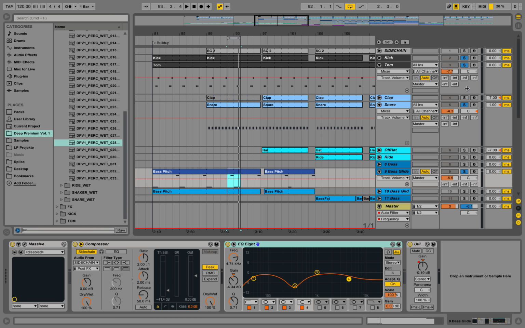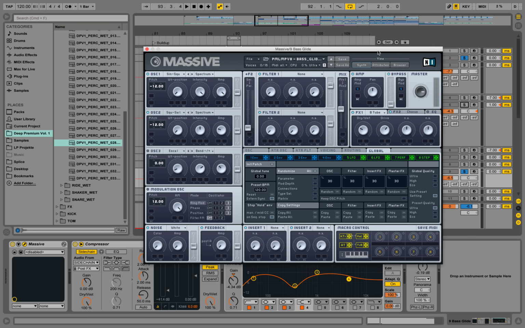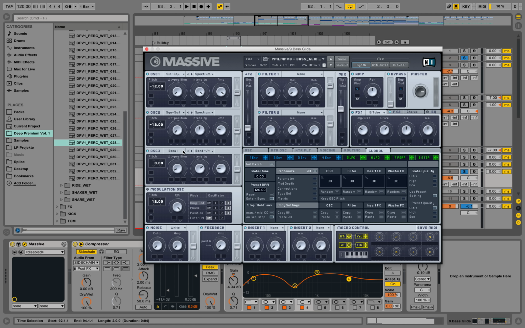It's not the right sound for this kind of track over here, so I wanted to have it a little wider. Let's just put on the kick and the bass. And let's tweak a little bit around. So you see I use this escalation 1 wavetable and using the bend minus plus because it kind of sounds nicer with this shaping. If we use the spectrum,